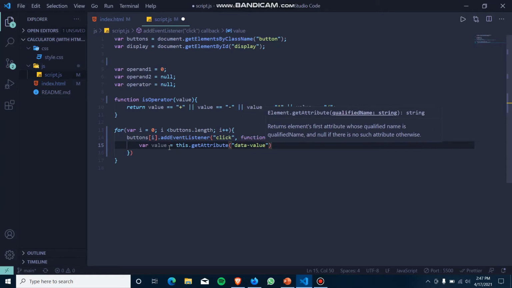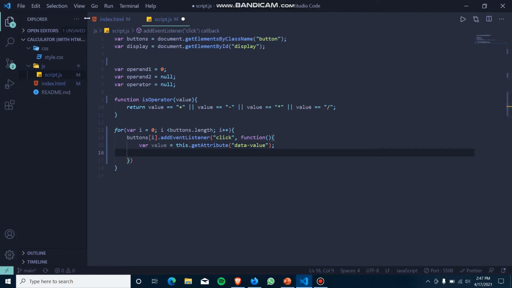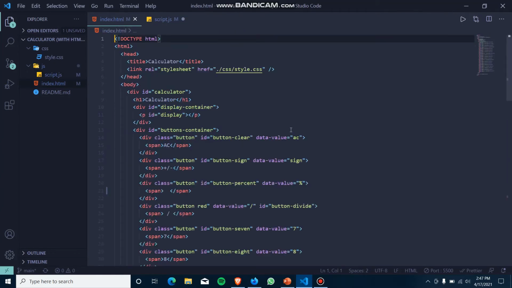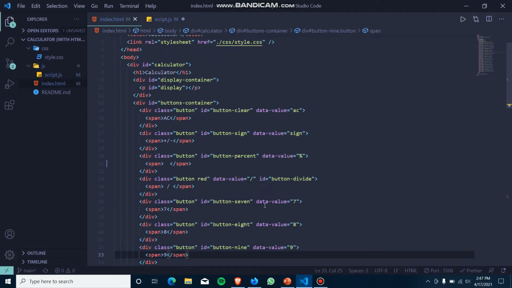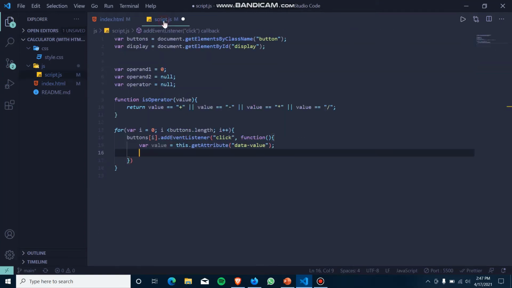I have used the data value attribute here for every button. Like here, this button has the data value as AC, meaning clear the whole screen. This button has the data value as modulus, this as 7, this as 8, like that. So I want to get that value.